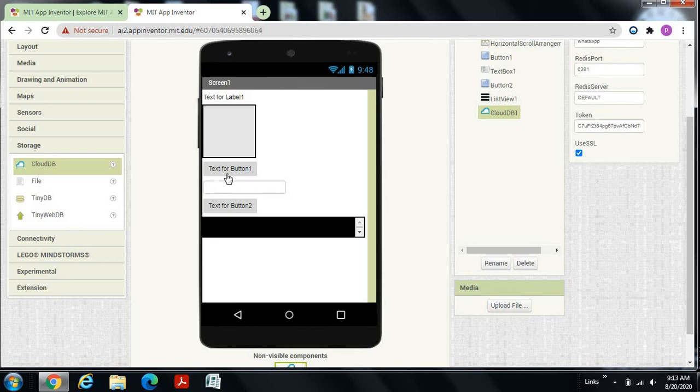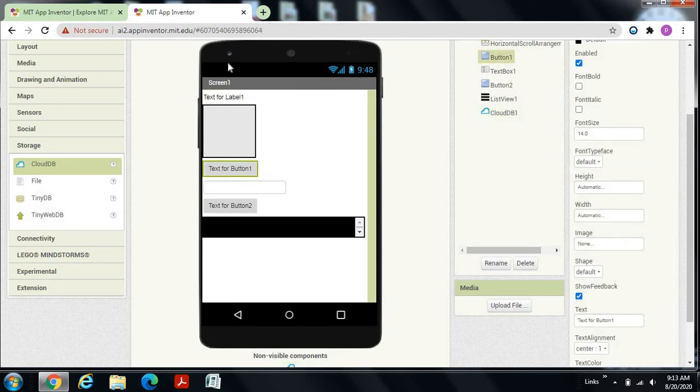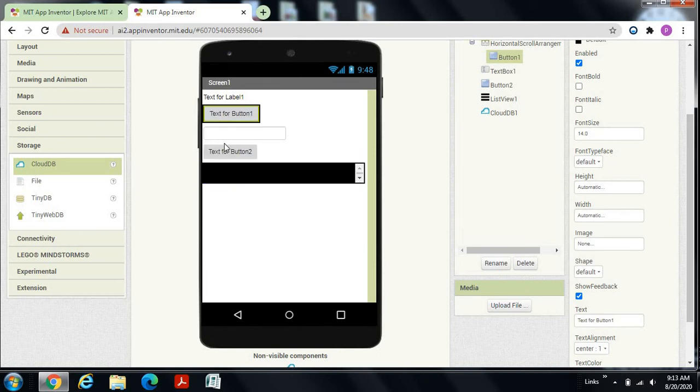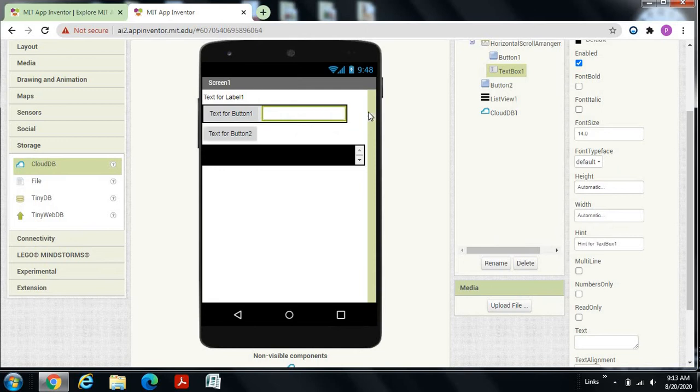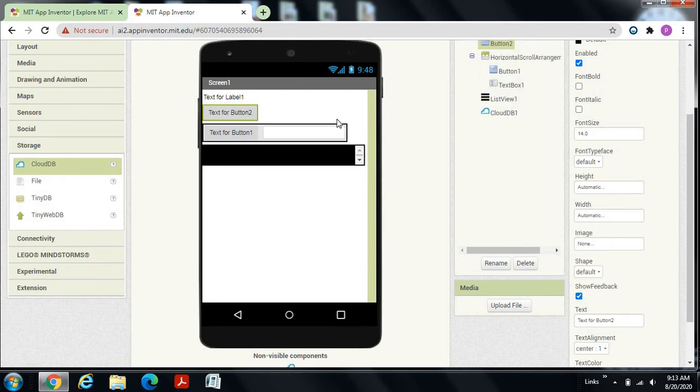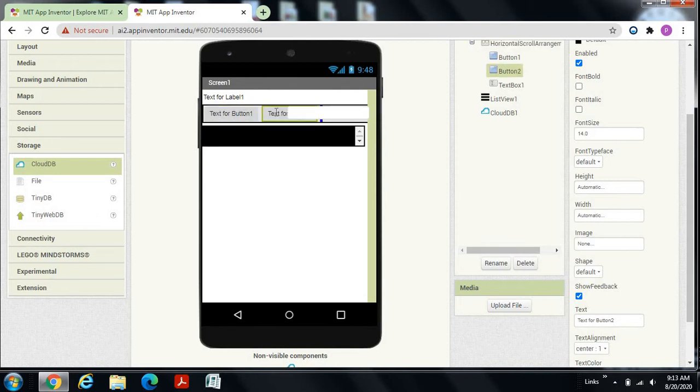Now you have to drag this button over here. Let it be over here. Now drag and drop this button over here like this, and extend this one. Drag and drop this text box also over here, like this, and this one over here. Okay, drag and drop it like this. So you're done. Now you just have to write the text.